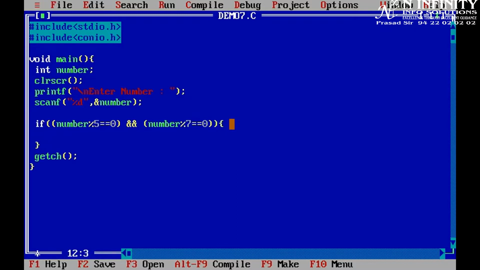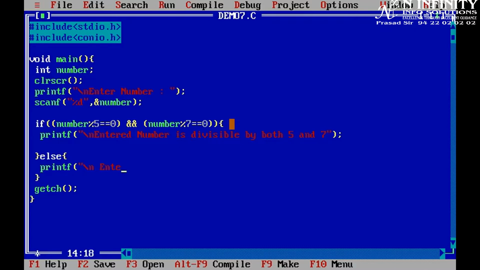Okay, and if this is so, we'll print that entered number is divisible by both 5 and 7. Else में will say printf